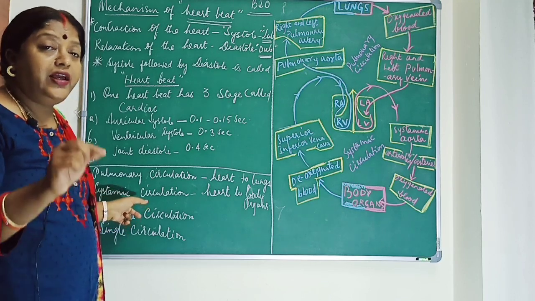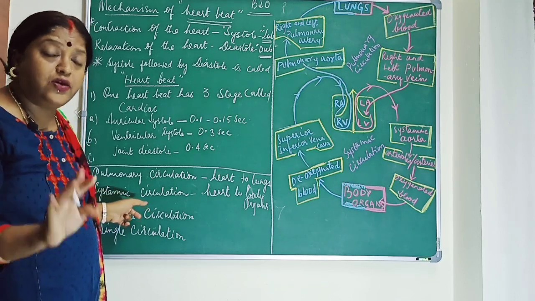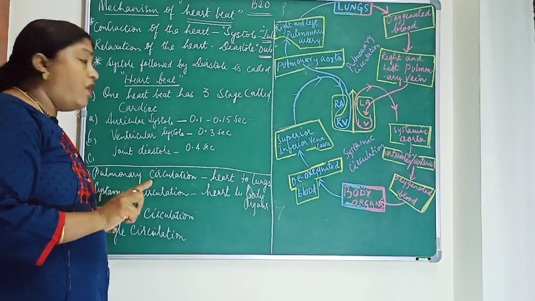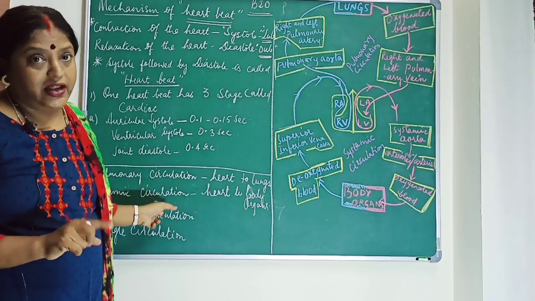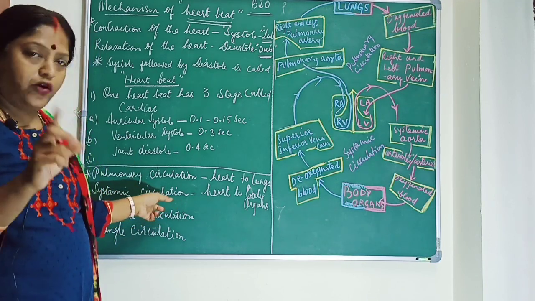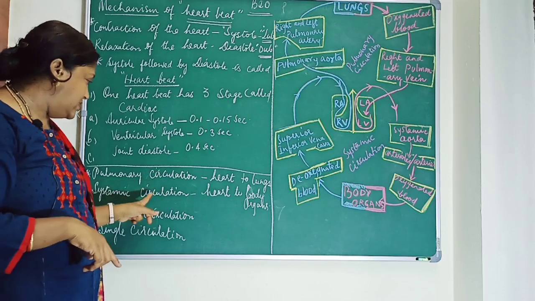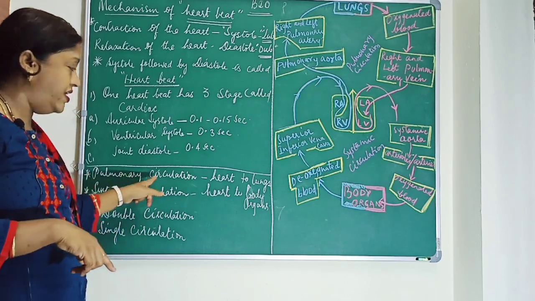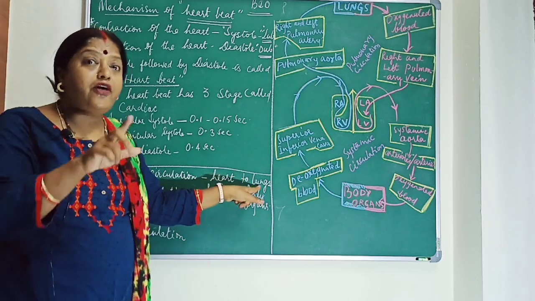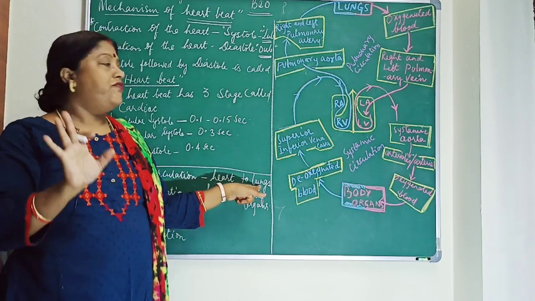Very often for 3 marks they will ask you to draw the flow chart for pulmonary circulation or systemic circulation. Children, I will be sending you this in our WhatsApp group, the answers for this. Pulmonary circulation is the flow of blood from the heart to the lungs. In the form of a flow chart they will be asking you for 3 marks.